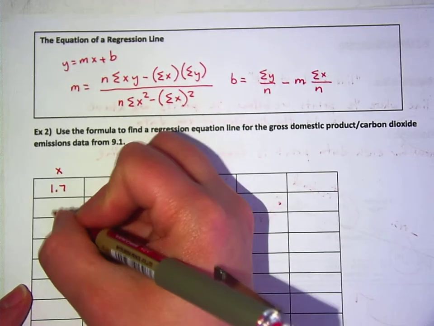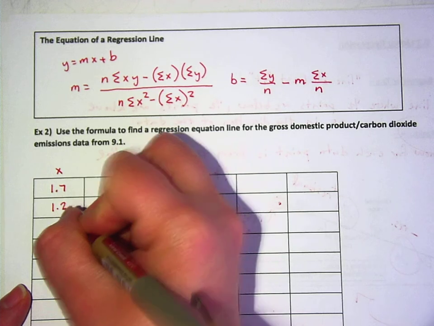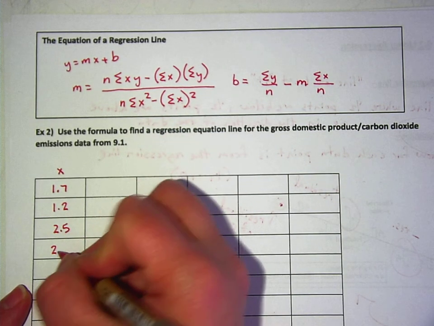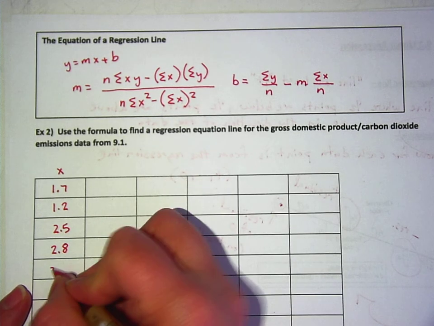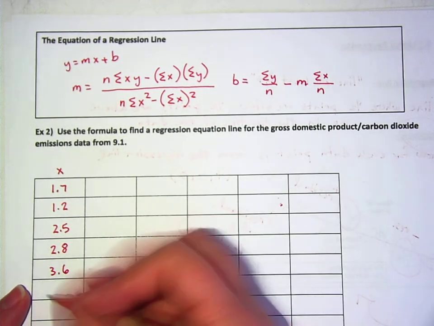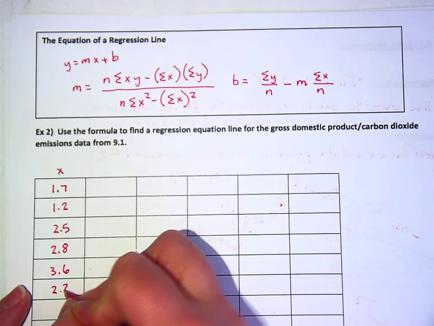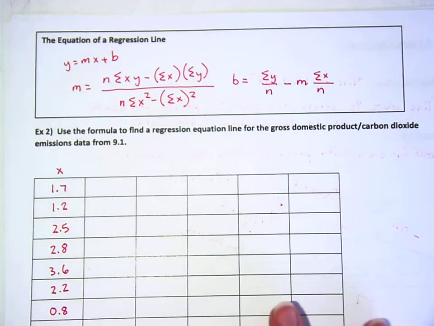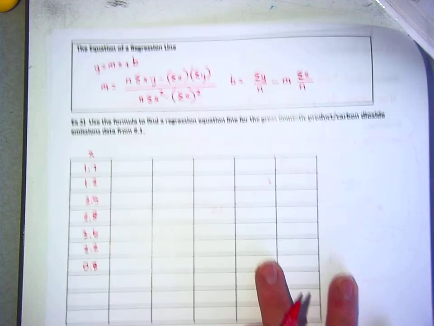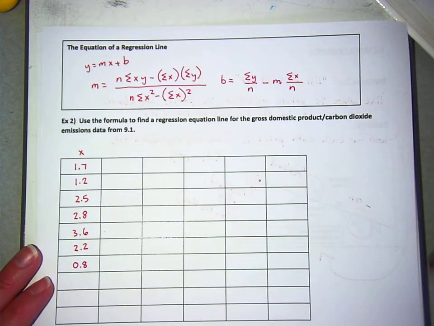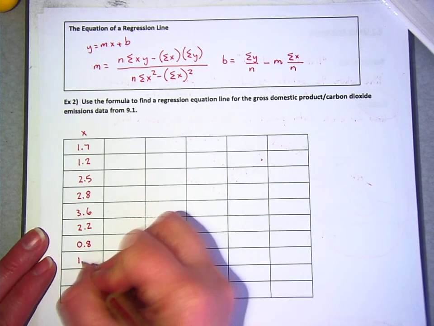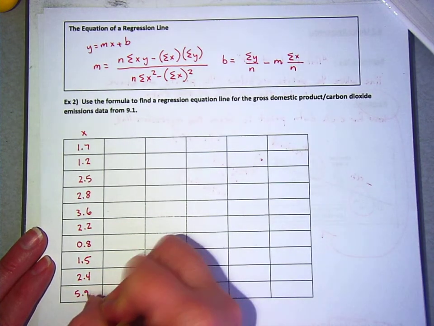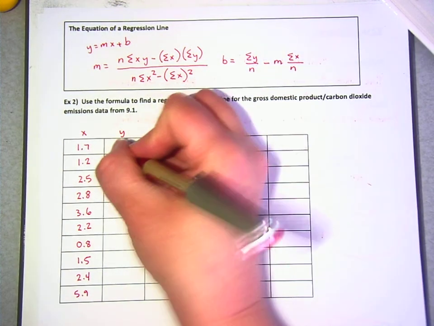X is 1.7, 1.2, 2.5, 2.8, 3.6, 2.2, 0.8, 1.5, 2.4, 5.9. And the y values were